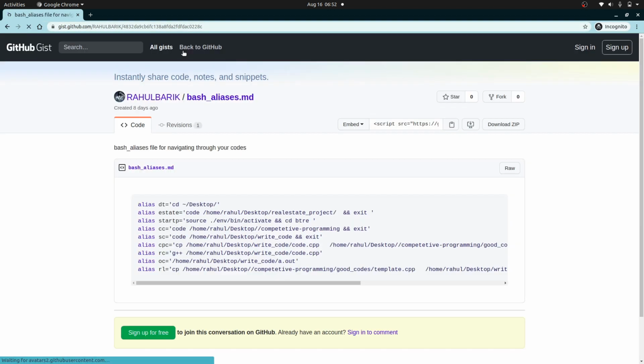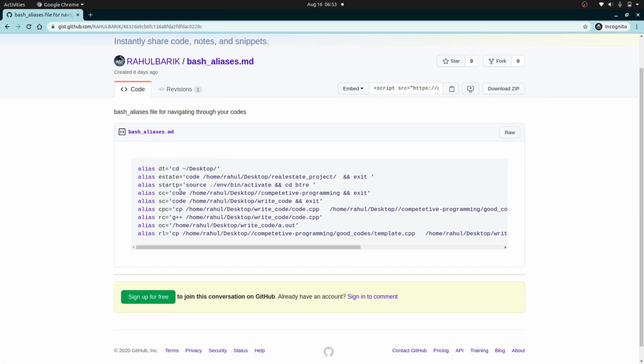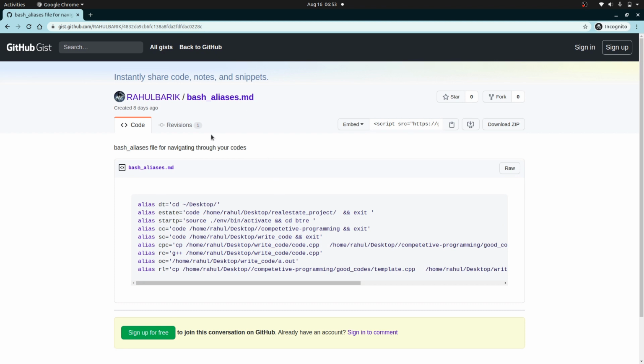Now what I told you in the starting, that you can see and share gist without being logged into any account, any Google account, without logging into your GitHub account as well. You can see and share codes. So with that feature, you no longer need to be on your local computer.